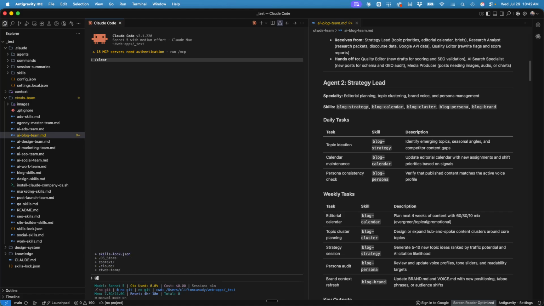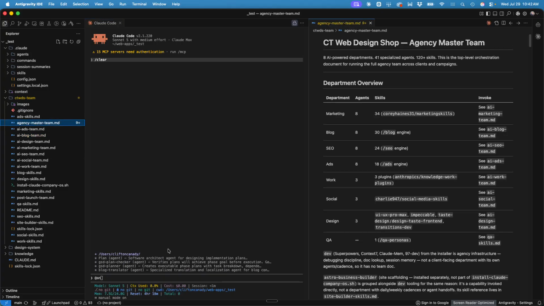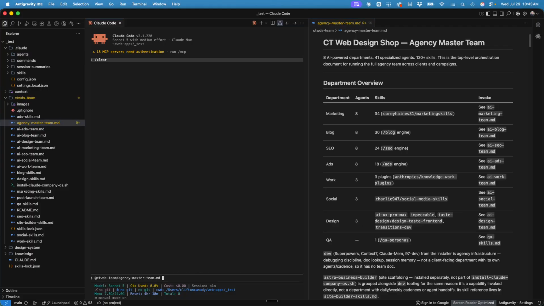As you can see, there's an agency file right here, an agency master. You can tag that, and then it'll take its time going through, and you'll just tell it what you want. But since I know I just want to write a blog and create a blog calendar,